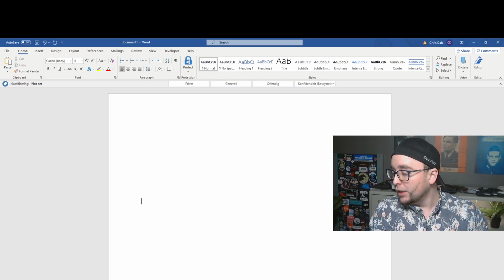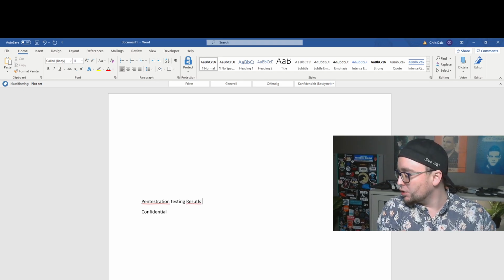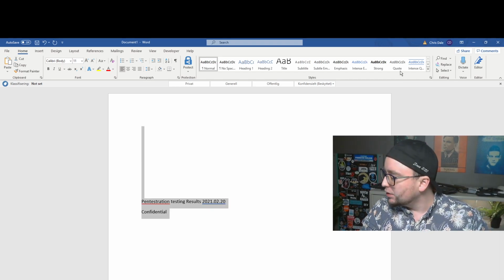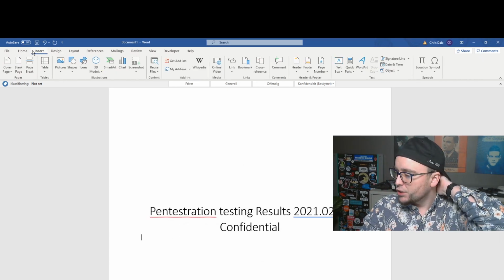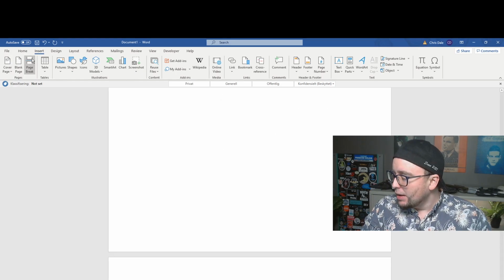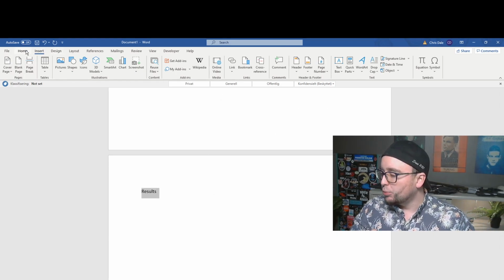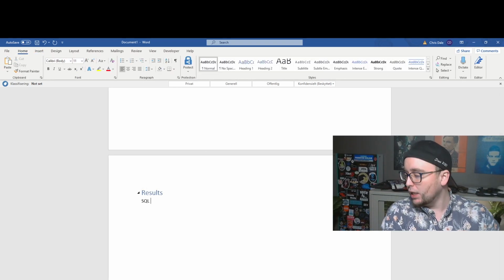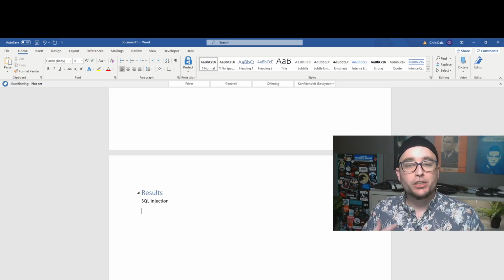where it says confidential, for example, and it says penetration testing results, for example, 2021-02-20. For example, we are just making things up here. Put that in the middle, put up your business logo and so on, and then put in a page break, and here we have the results, all right? So the first result that we're gonna document is gonna be the SQL injection, and we're gonna basically start documenting